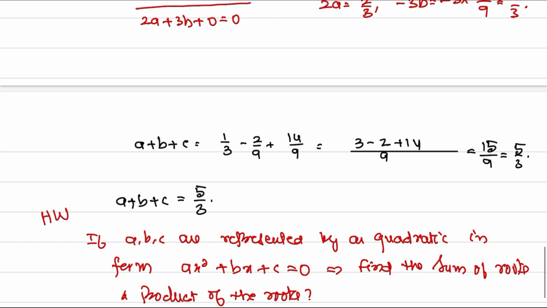This is a homework for you. Please do it. You have found out A, B, C and we got the answer as